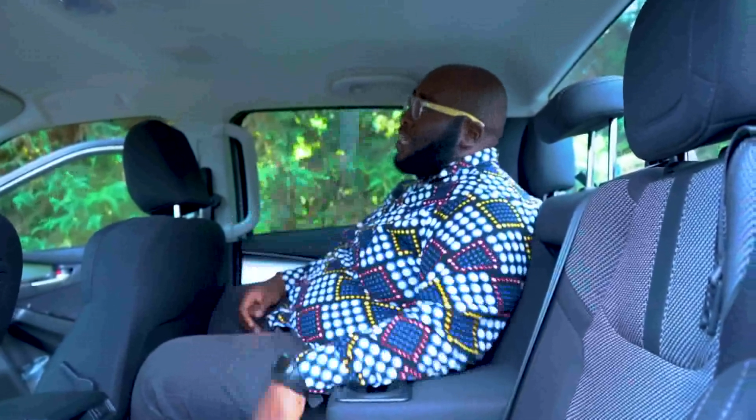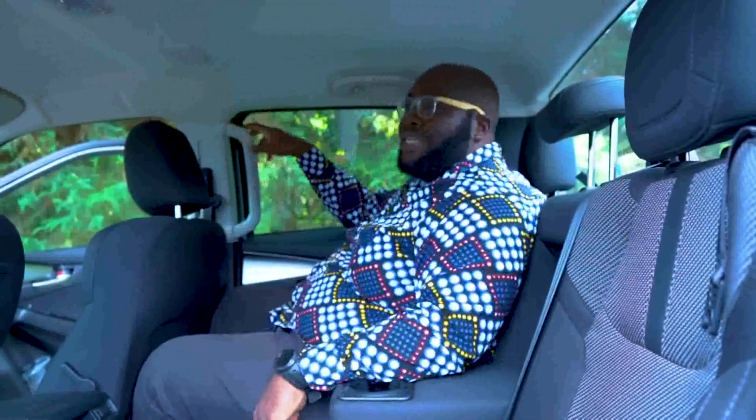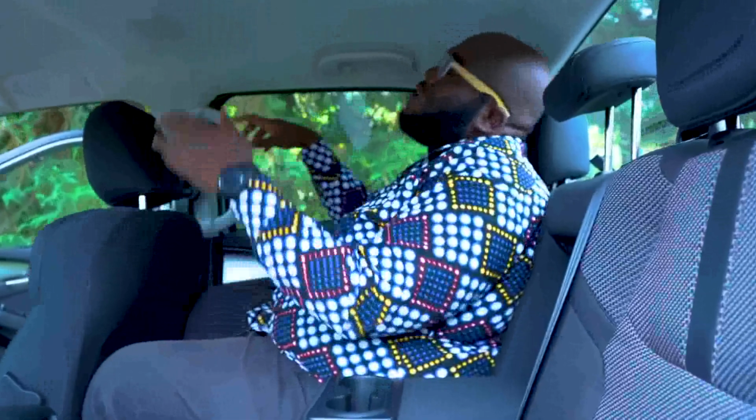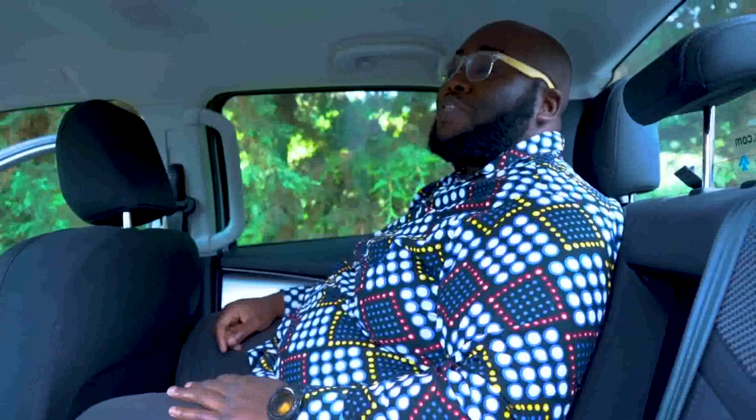One thing I've also noticed is that at the back you can actually see this live surround sound. There are speakers on the roof. How cool is that? So this car, even the rear passengers get to enjoy the sound system of this Mazda BT50. So let's move to the back and have a look at the loading area of the